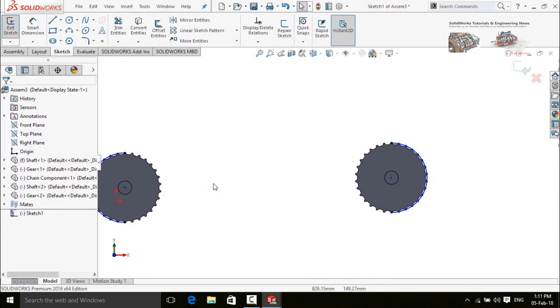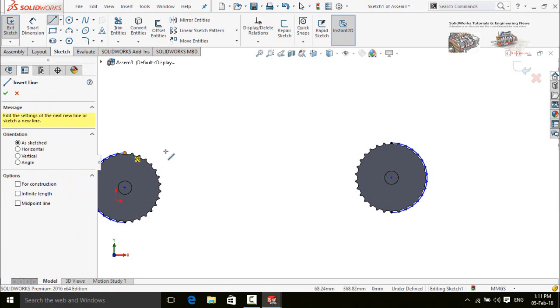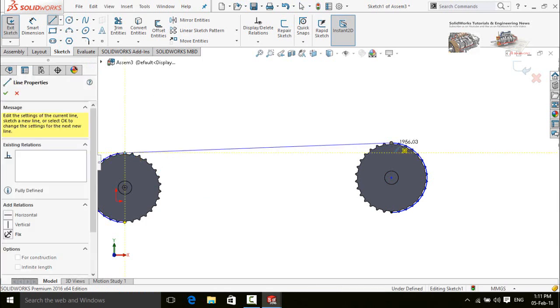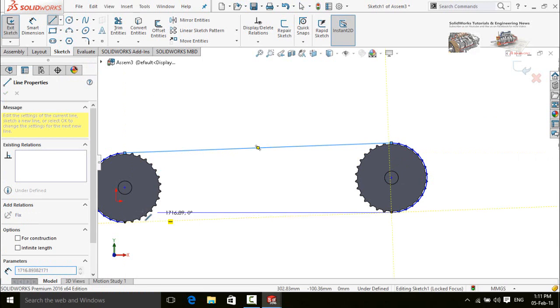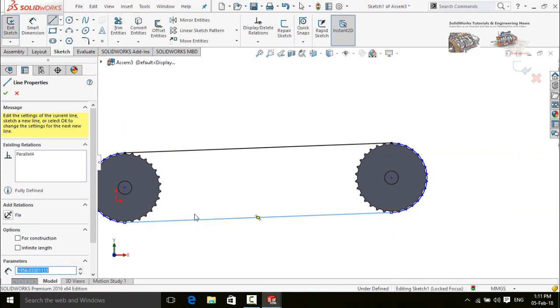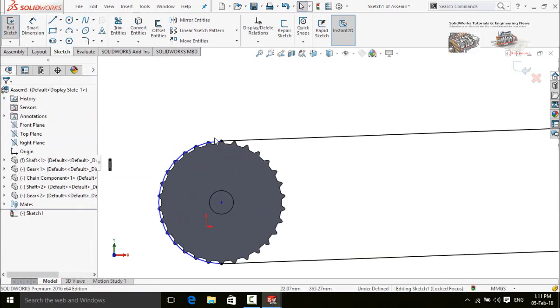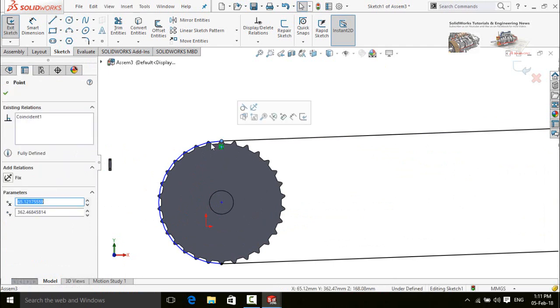Now press escape button and draw a line. Connect these sketches to close the sketch. Now select this point and in the left side you will see existing relations. So delete all existing relations one by one.